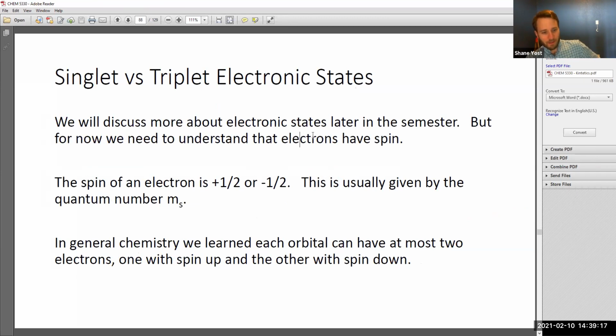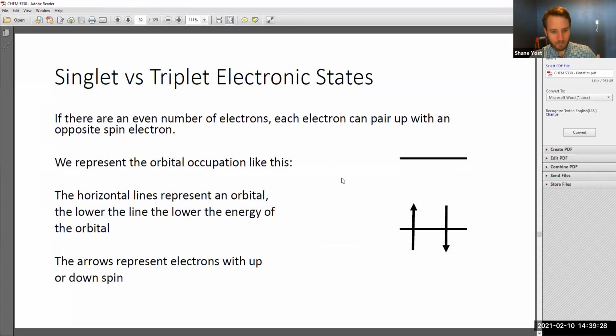Right. If you recall, electrons have spin of +1/2 or -1/2, the m sub s quantum number. Now you can have that +1/2 electron, that up-spin electron, in the same orbital as a down-spin electron, and those are paired up. If your entire molecule has orbitals with electrons all paired up, it's considered a closed shell species, and it's considered a singlet